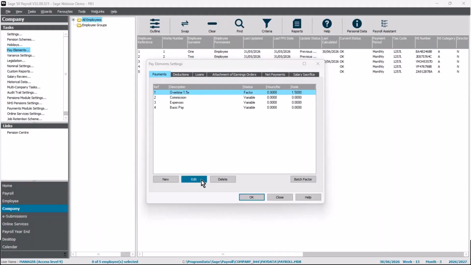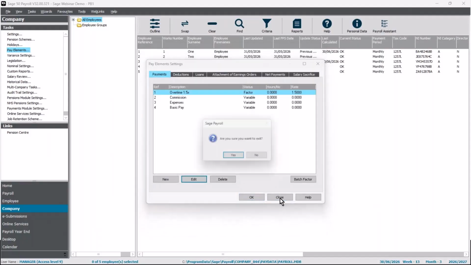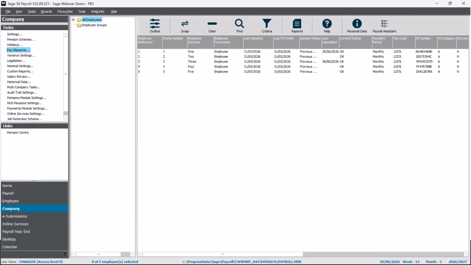And then we have overtime, which is the same story. So it's included in qualifying earnings, but not actually used in the contribution calculation for my scheme. So again, qualifying earnings box is ticked, but the rest unticked. Now, I've only got a few pay elements, so fairly easy for me to go through and just check them manually. But if you do have lots of pay elements to check, bit of a top tip that might save